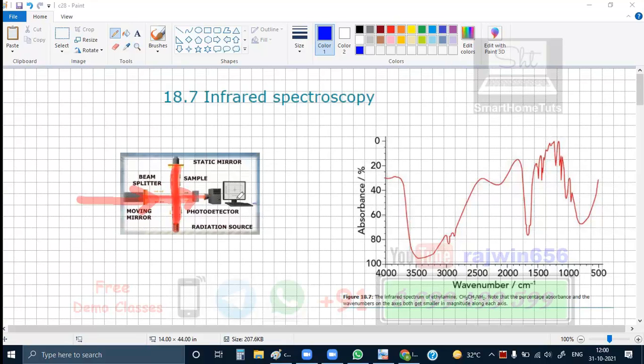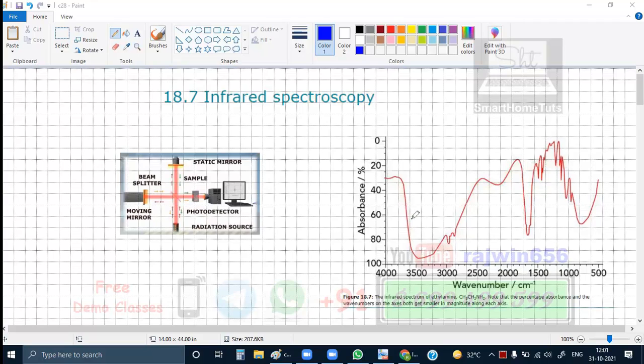Now this is going to depend on what functional group is present in that particular organic compound. On this x-axis we are seeing the wave number, whose units are per centimeter, that is the inverse of the wavelength of the infrared radiation. All these lines that you are seeing over here, the graph that you are getting, is about the peak. It means how much absorption is taking place.